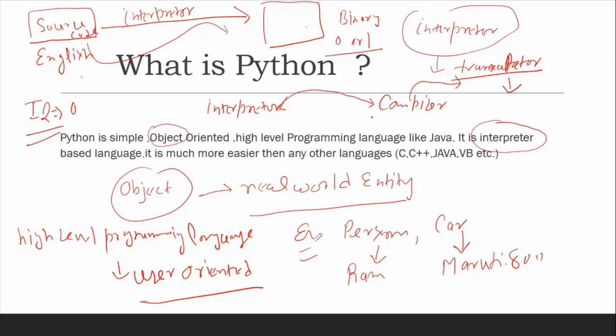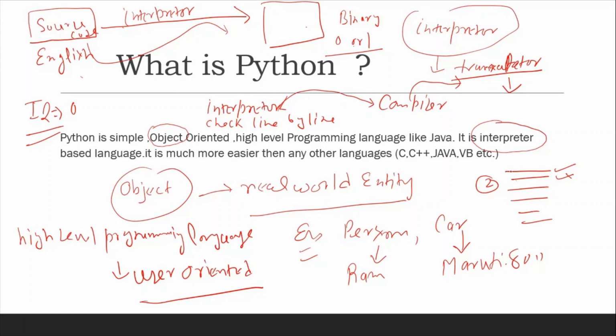So let me tell you, the main difference between interpreter and compiler is that an interpreter checks the code line by line. It means if you have written the source code in English-type language and you have an error in the second line, then the interpreter goes to the first line, then the second line. If it sees the error in the second line, it stops working. So it checks the code line by line. If errors occur, it shows the errors.